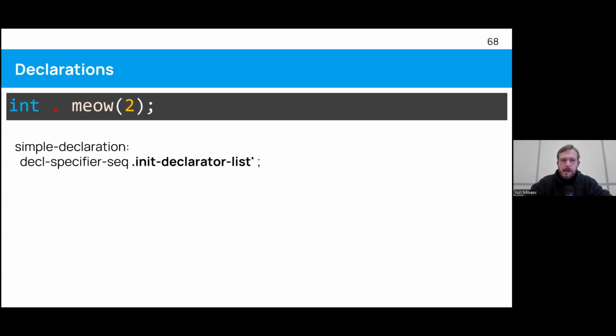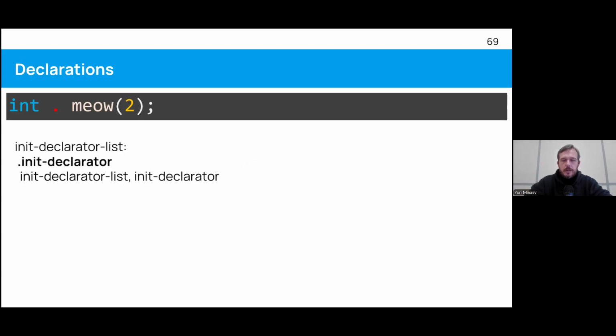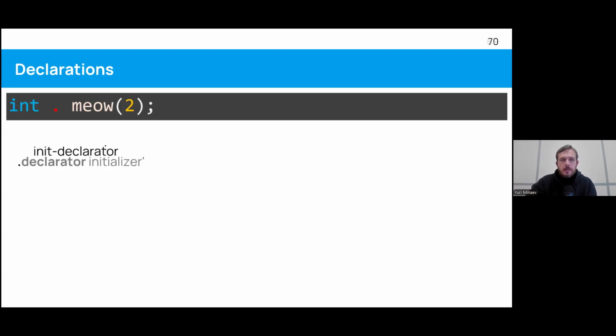Okay. Init declarator list consists of an init declarator. And remember our expression list, which can have an arbitrary number of expressions separated by commas. The same thing here. You can have an arbitrary number of declarators separated with commas in a declarator list. Okay, so we go into declarator.